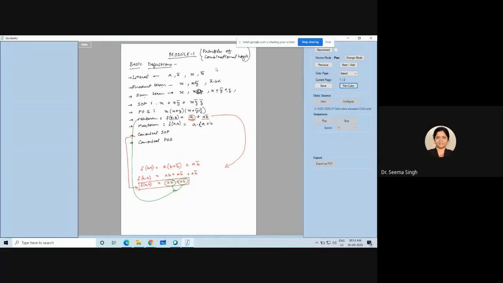Okay, so do you think it is in maxterm form, or I should say canonical POS form? I need to convert it, it is not maxterm. In this, this term is maxterm, because it is A plus B bar. But what about this term? This is not a maxterm. One term is maxterm, other term is not maxterm.